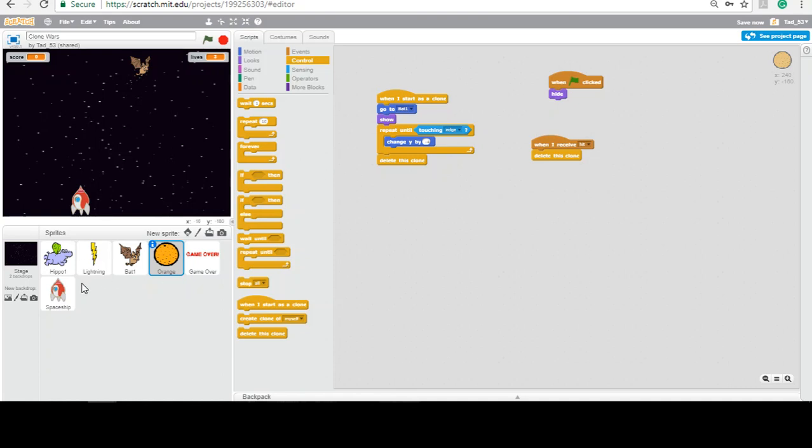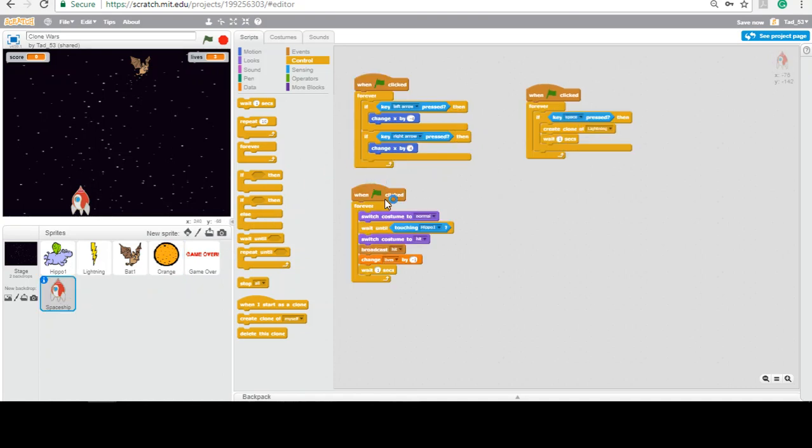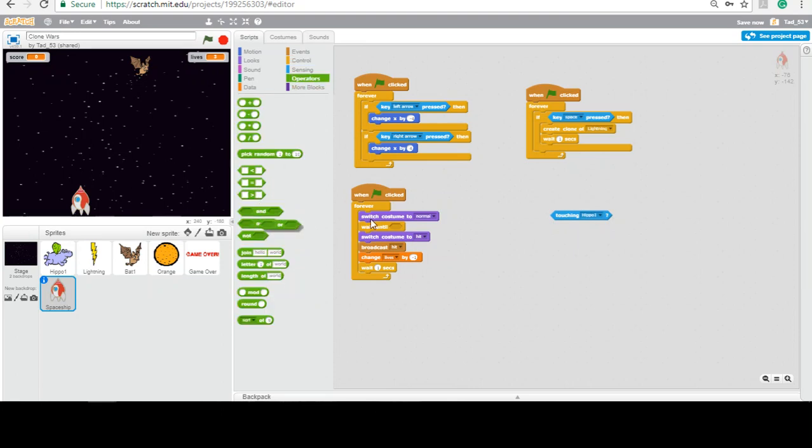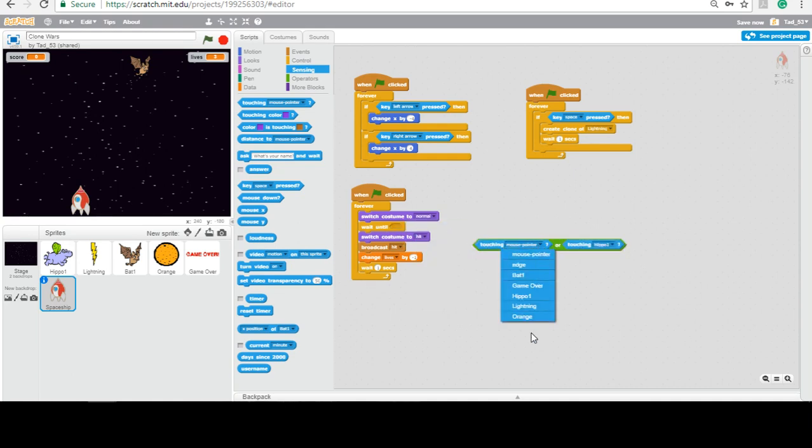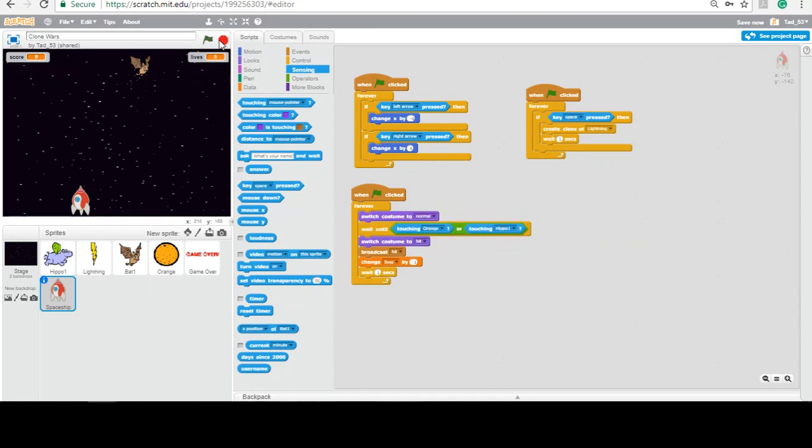So now when we're looking at this, we have to change one other thing. When we go back to the spaceship, we have wait until touching. In this case we have to say hippo or, so we have an or statement. So we're going to be touching hippo 1, or now we're going to be touching the bat. So we get the same message and broadcast here. So we can see that we're hitting this, or in this case the orange. So now we have both of those pieces put into play. So now when we click this, you can see